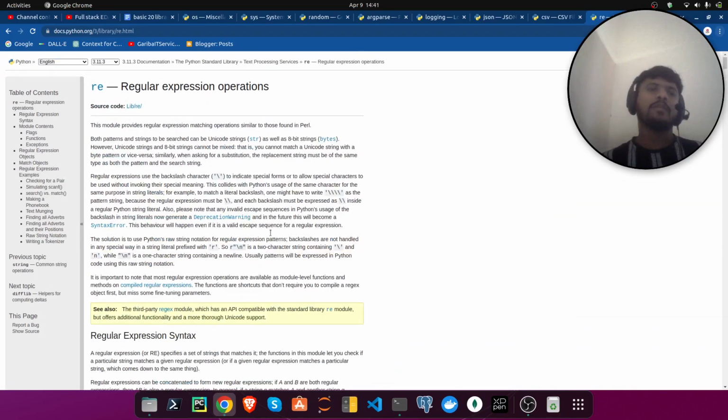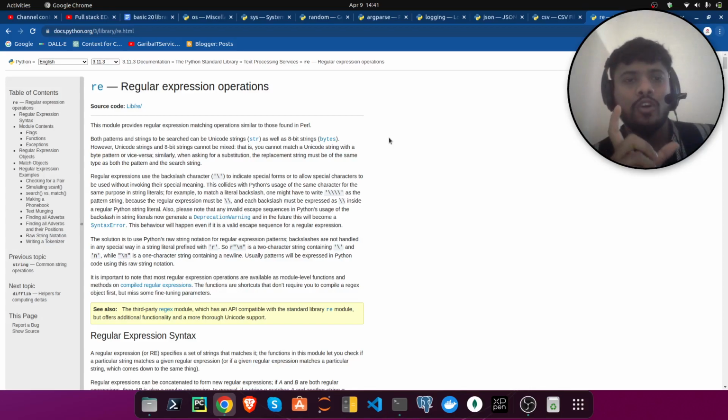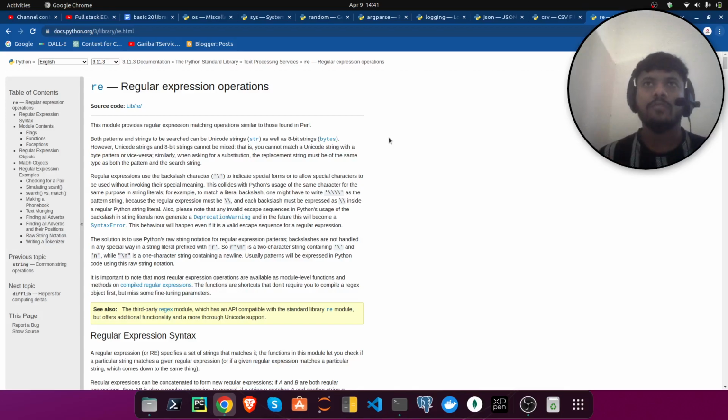Let me tell you about this library. It's very interesting and very useful. When you want to extract some kind of text from web scraping, from the internet, you will also extract symbols, special characters, some images, some brackets, http servers and URL links.